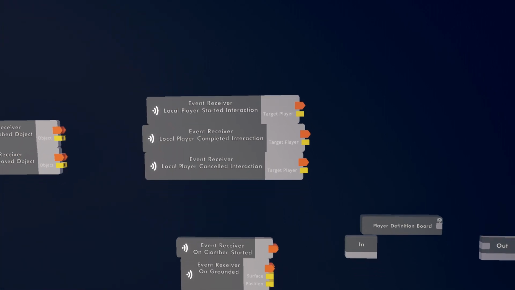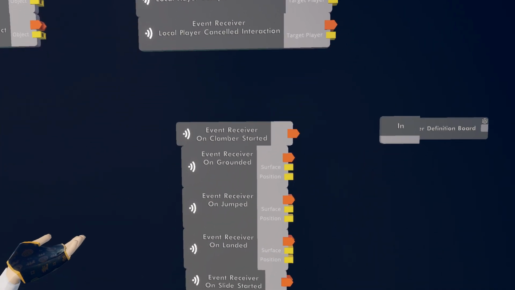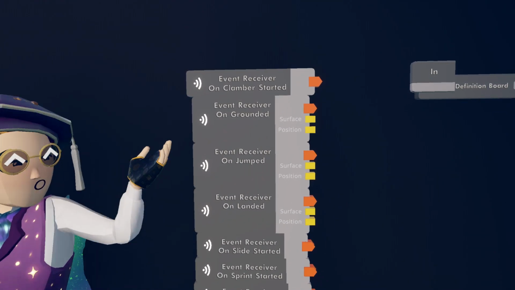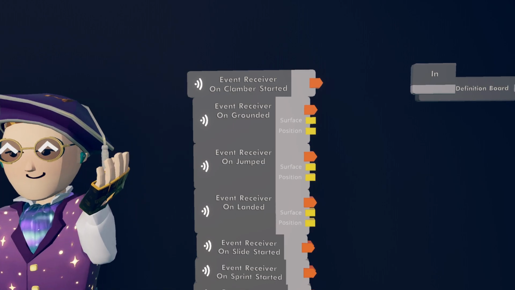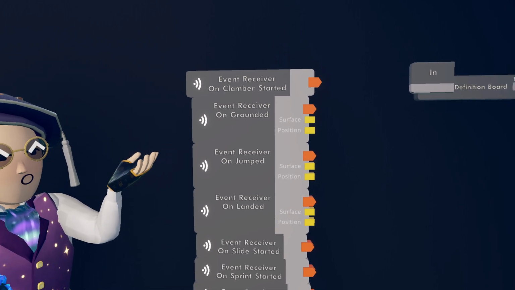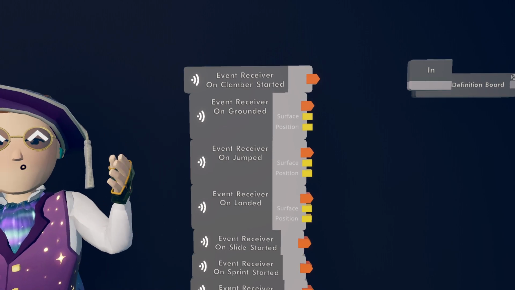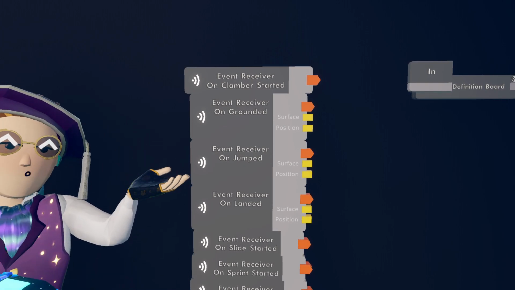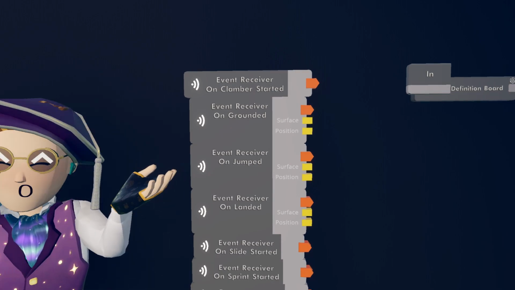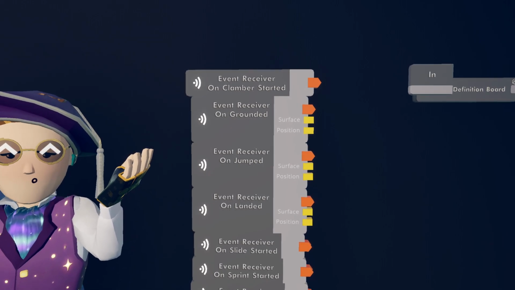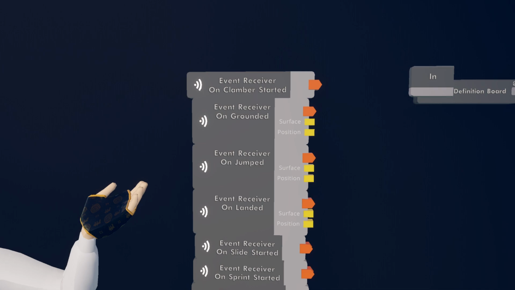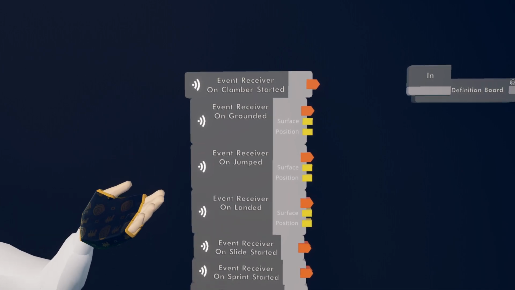Next, let's go down to these. I'm gonna summarize them. So hopefully you guys were paying attention earlier when we went over all the locomotion events. These are literally identical. They're all of the same events. The only difference is it won't output a player on it. It is just whoever's in that player definition board. So notice these aren't on player grounded.